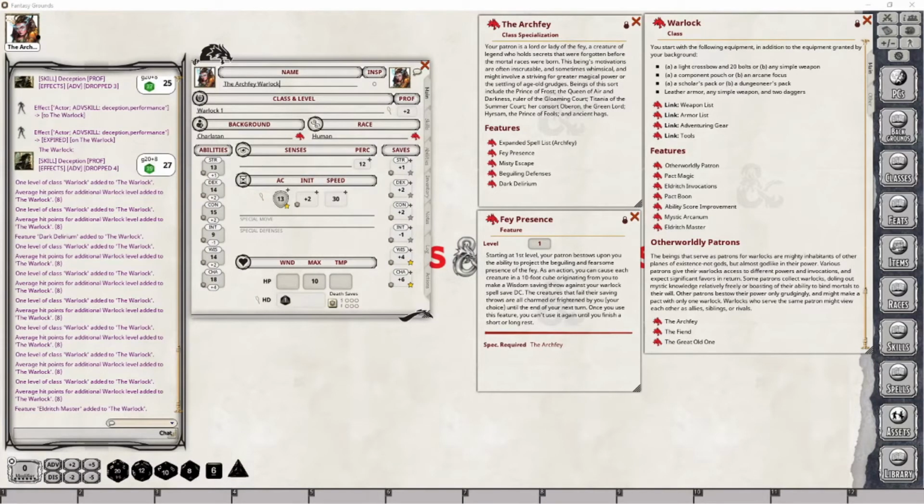They will be required to make a wisdom saving throw against your Warlock spell save, which in this case would be based on your charisma. If they fail that saving throw, they're either charmed or frightened, depending on which you have chosen to put them under. They will remain so until the end of your next turn.